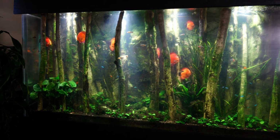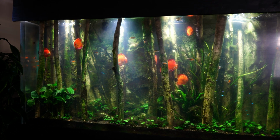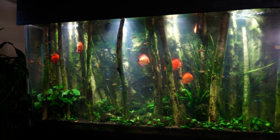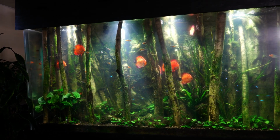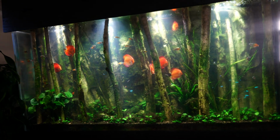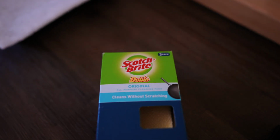But if you ever have a couple days where you're slacking off and you have some algae that has basically grown too strong on the acrylic, you will not be able to get it off, and that was really disappointing. So I did find a way to make this work, and the product that I discovered are these